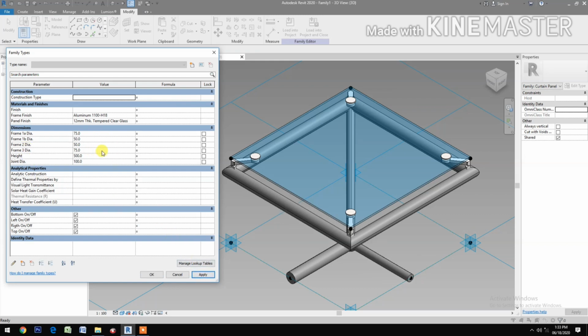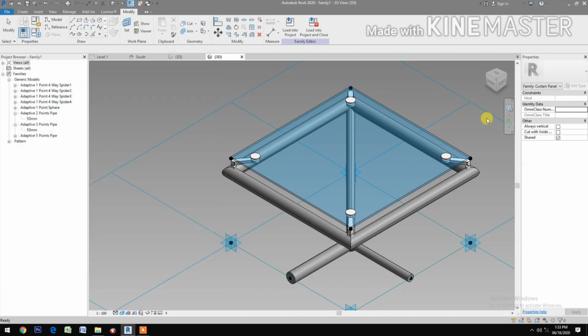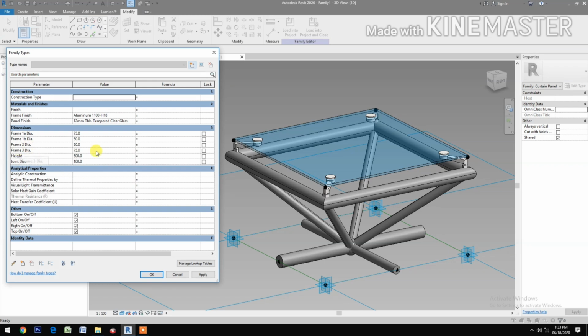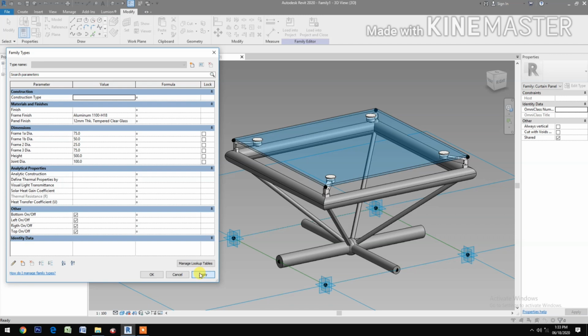Okay, the frame 2 diameter, this is the B-shaped frame. Okay, frame 2, let's change this to 25. Apply. Okay, next the frame 3, this is the top frame. Let's make this 50. Okay,